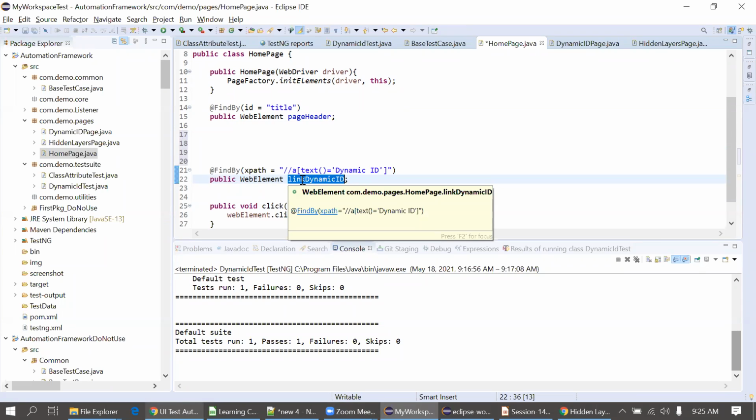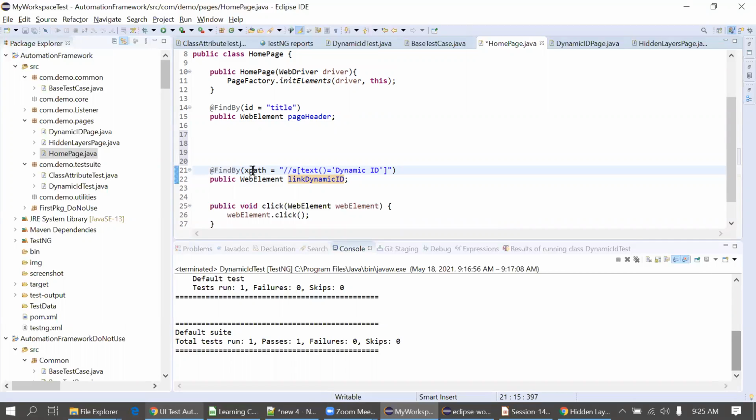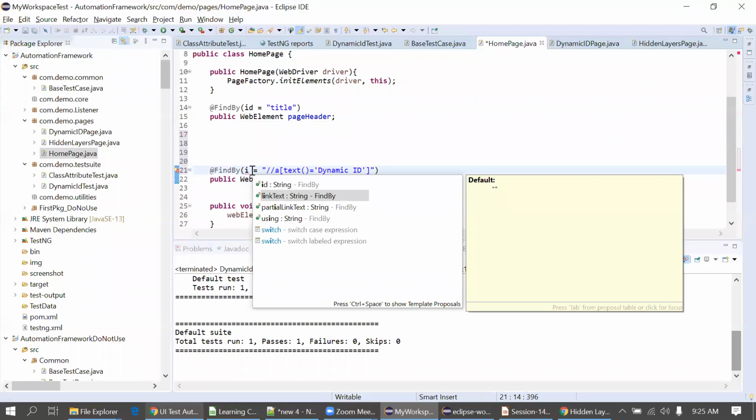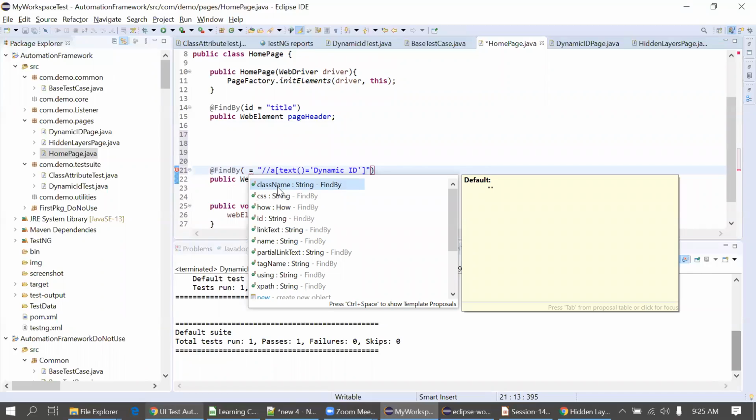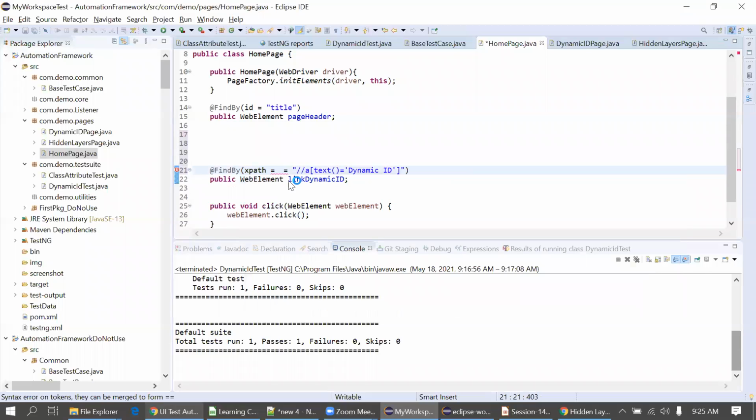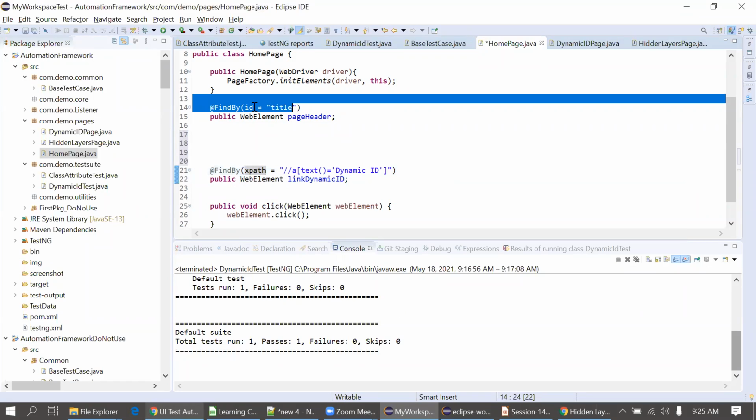There are different strategies. I can use @FindBy, and I have multiple options here: ID, link text, partial link text, class name. If we are using ID here, we must provide the ID.